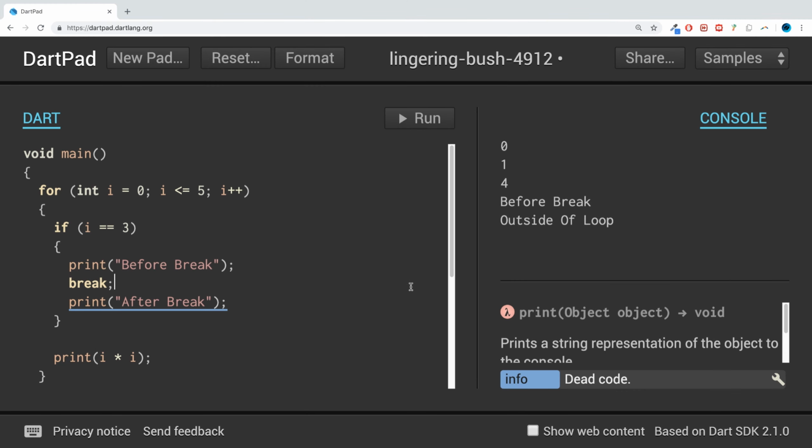Hello, in this Dart programming video, I am going to show you the continue statement in relation to loops. If you haven't watched the video on the break statement, I highly recommend that you do that. Once you've done that and you're back, the continue statement is similar to the break statement, but